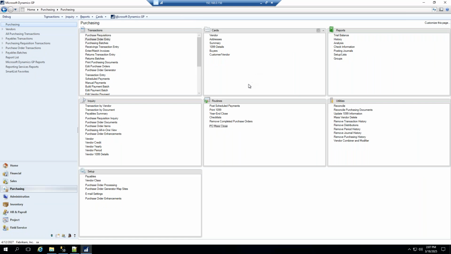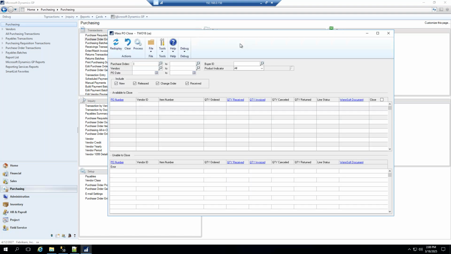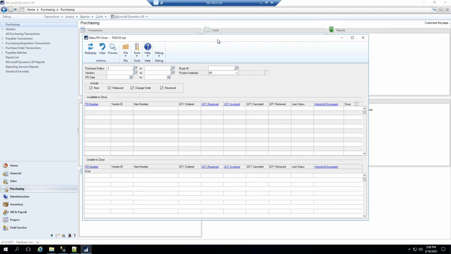Okay. All right. So to start at the very beginning, once you install the MassPOClose tool, you're going to see a menu option get created here under routines under purchasing. So just click that, and that opens the window that you saw on Cheryl's slide here. And kind of running through things again, like she mentioned,